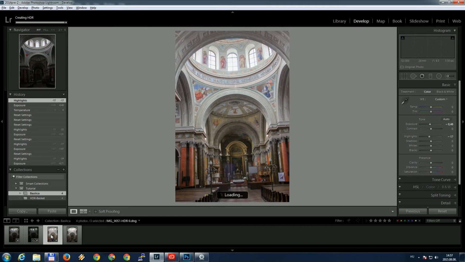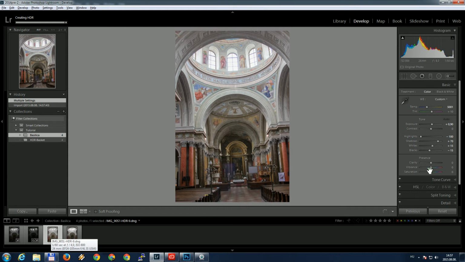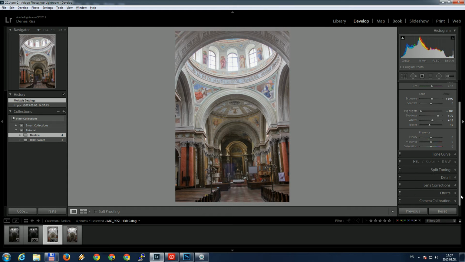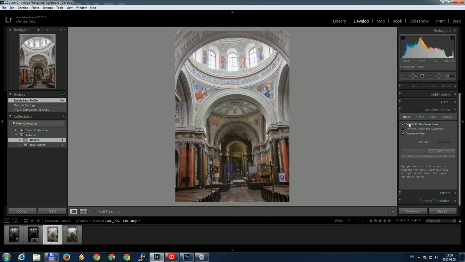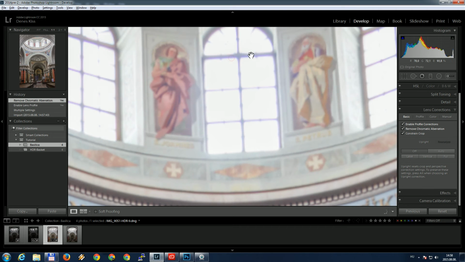Okay, our HDR image is done. So I will do some basic adjustments here in Lightroom, and afterwards I switch to Photoshop to do the final things. Okay, first of all, I would like to enable profile corrections, which corrects the distortion of the lens, and also I would like to remove chromatic aberration, which can be seen here around the